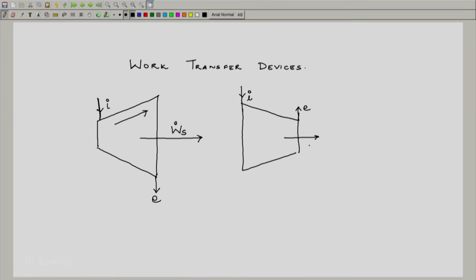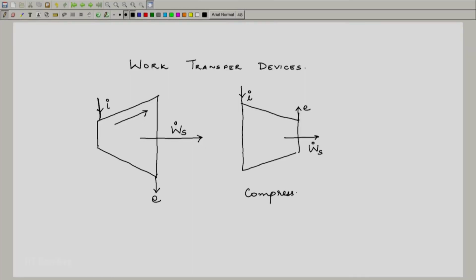So, here we have drawn something which is converging, in the sense that we are showing that you are compressing the air or steam that is being put in, this is the inlet and exit. We have still drawn conventionally the work transfer as an outside arrow. One should of course realize that it will be a negative number, as you actually put work into the system.